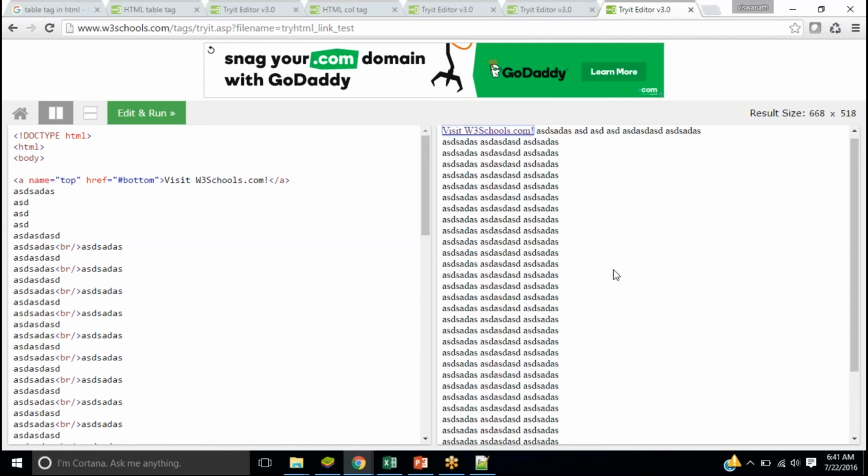Or let's say there are 10 sections in your same page. This can be another way of creating a single page application. These days, you might be aware of seeing many web pages where, instead of navigating from one page to another page, you just do mouse scroll. It will show you all the pages in the same page. Have you ever seen such kind of web pages? Yeah, I've seen it. They built it using the latest technologies, but you can also implement it using this anchor tag concept.